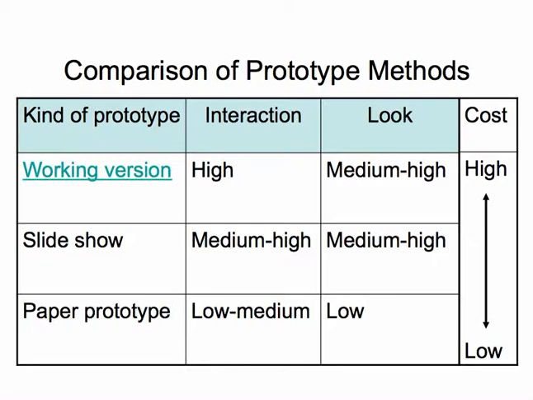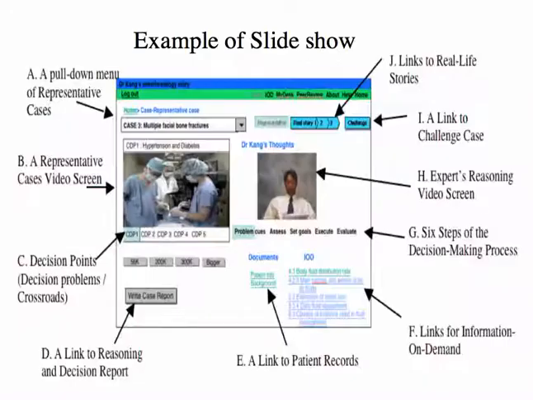So your intermediate prototyping step between the actual working version and some kind of a crude paper prototype could be a variety of things. What we're going to talk about now is a slideshow, and here's one right here. I know that this is Dr. Che's work on case-based learning, and you can see where they've just worked up a rough layout using boxes and what looks like a functioning web page, but it's not functioning because it's a slideshow, just to show where things might go and how they might interact, where decision points might go, where links to